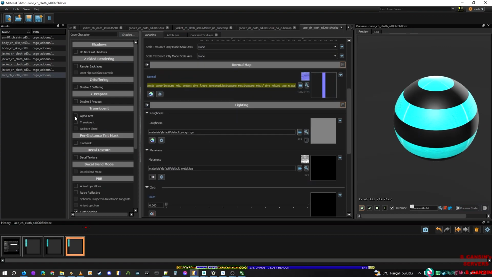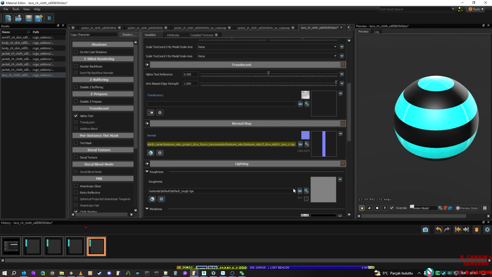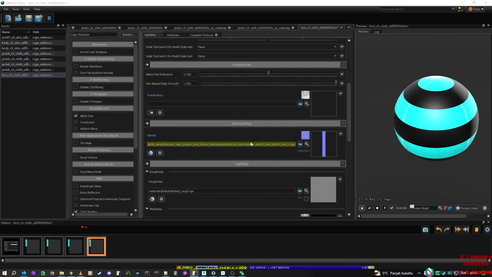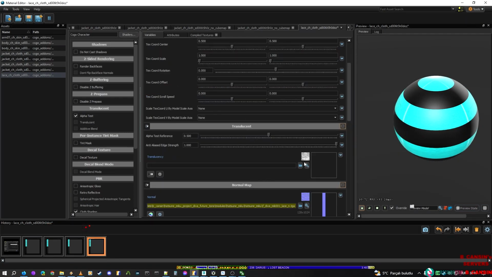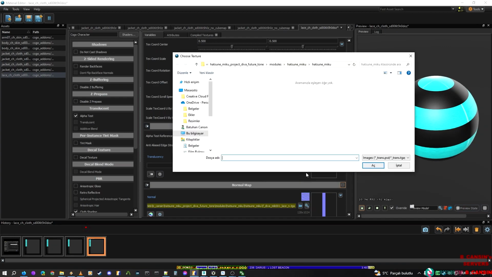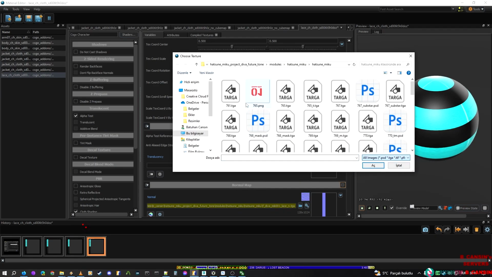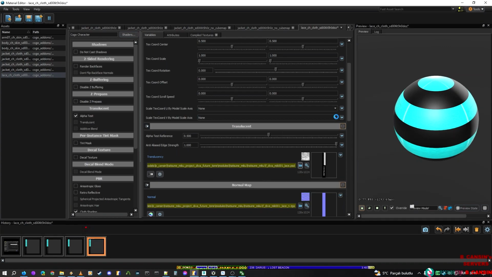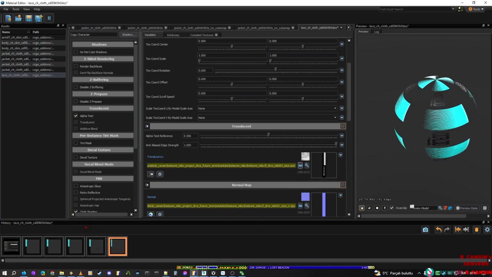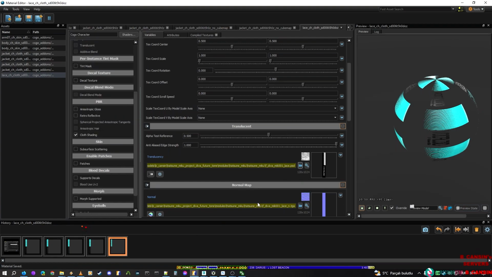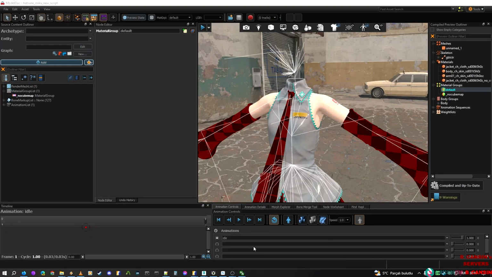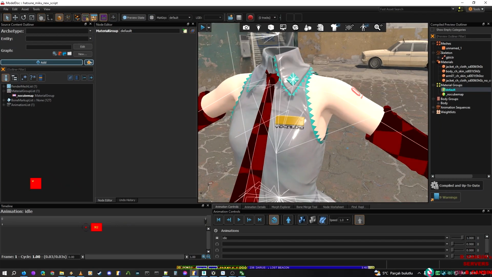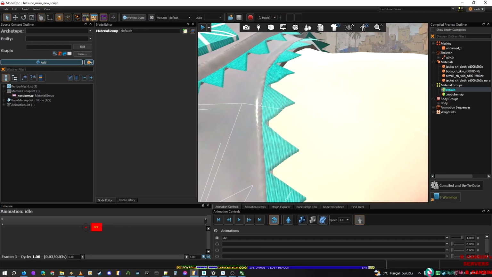Now we're gonna go to alpha test again, and not roughness. Where is the alpha test? Oh yes, this one. Let's select the PSD, and you can see. Let's save it again. Let's check it again. Yeah, we can see. Yeah, beautiful,